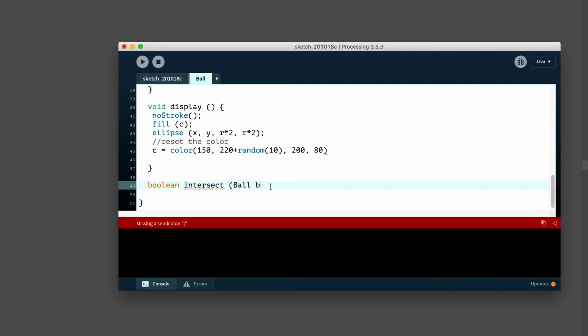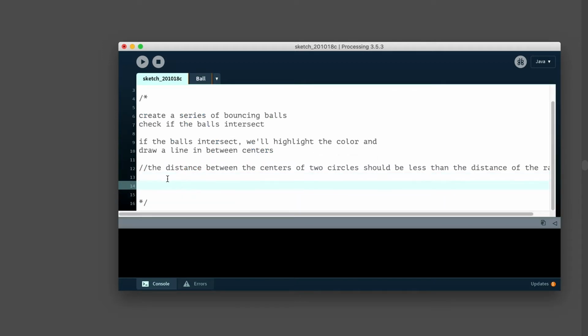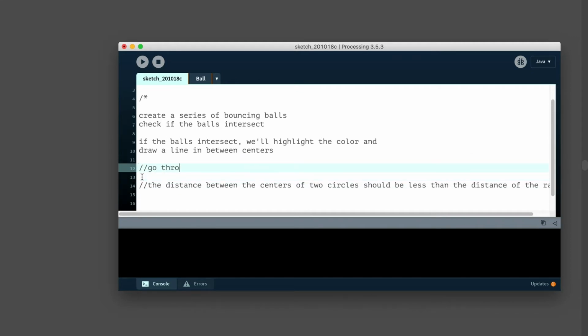What we're going to do is pass objects into it. If I'm thinking about pseudocode, we kind of want to go through each.